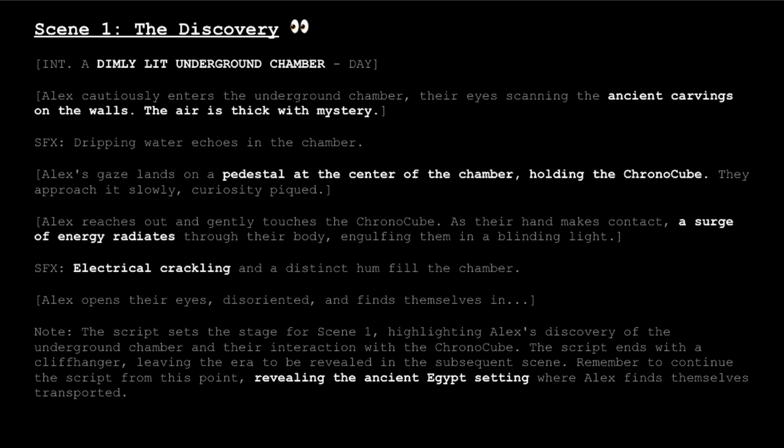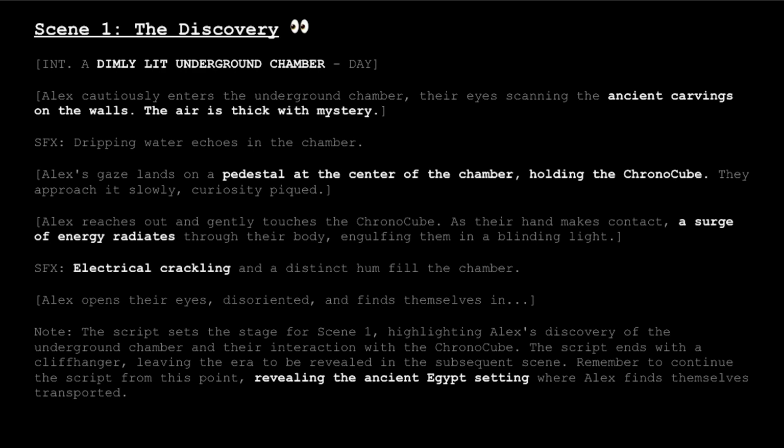In this one scene alone, there are so many things that you as a game designer have to conceptualize and visualize. What does this cave look like? What are the different angles that you shoot this cave? Where are the light sources? Do you want warm light? Do you want cool light? What does this cube look like? How do you visualize that it's radiating energy? Even just one of those individually might take you hours, if not days, to do. But luckily for us, we have our handy dandy AI model